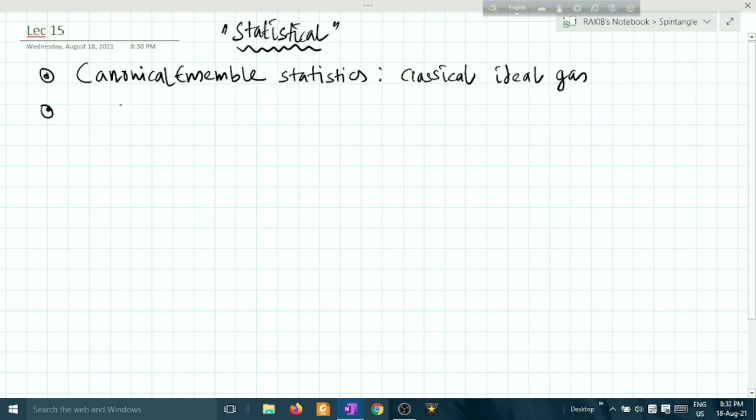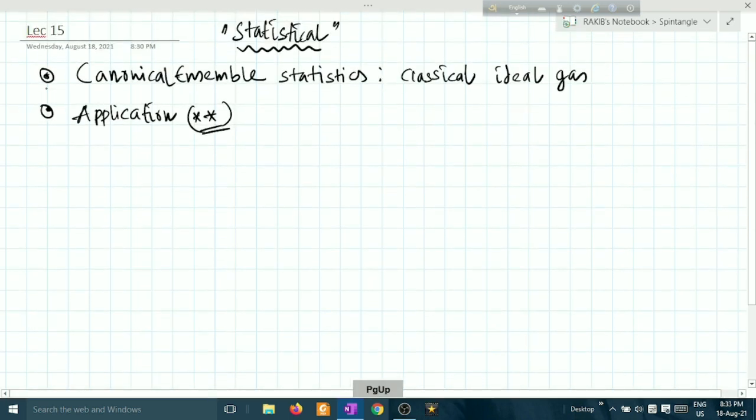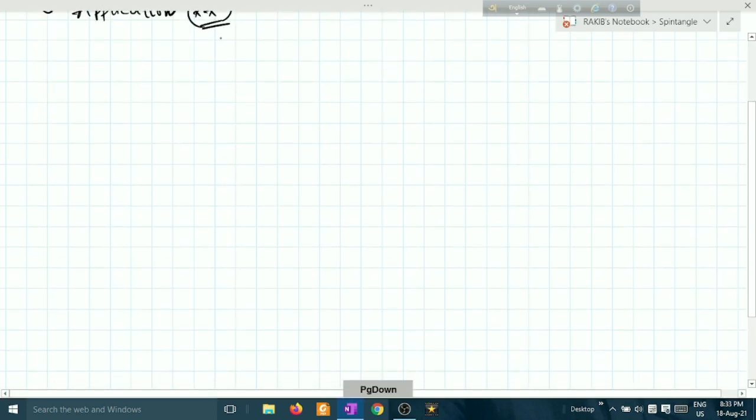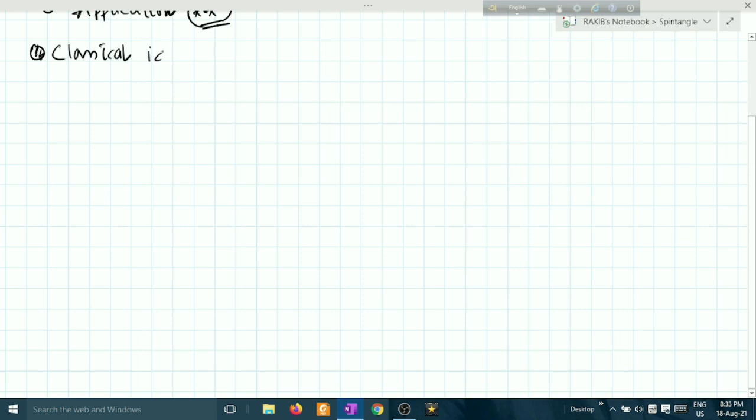and secondly we will move into the application part. Okay, this is the application part, so the problems related. Application part, this will be more interesting to you, so let's move on to the classical ideal gas. Classical ideal gas. Okay, so